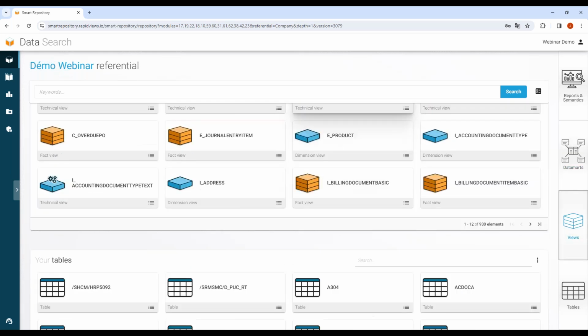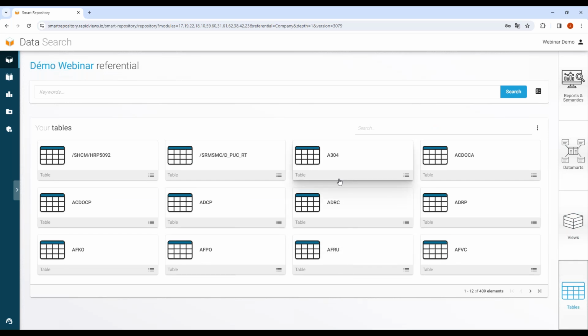Customers can also access all the tables used behind the view, because to create a CDS view, you need to extract information from one or multiple tables, and all the metadata of these tables is automatically extracted and integrated in the RapidViews platform.